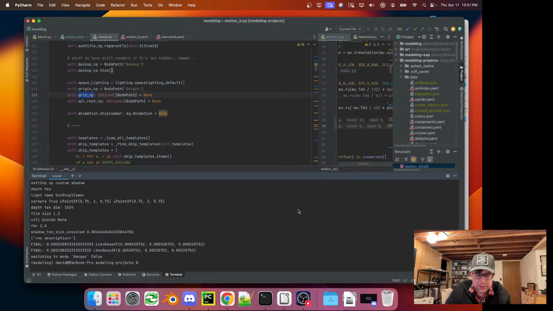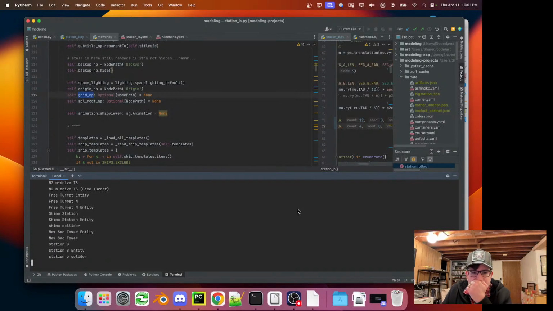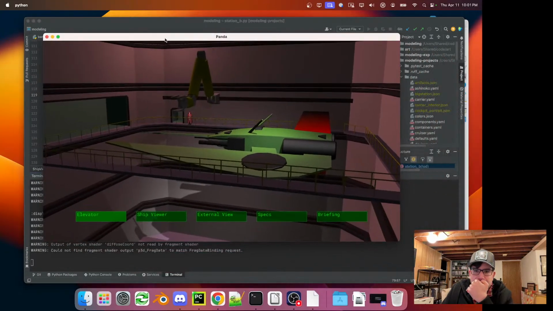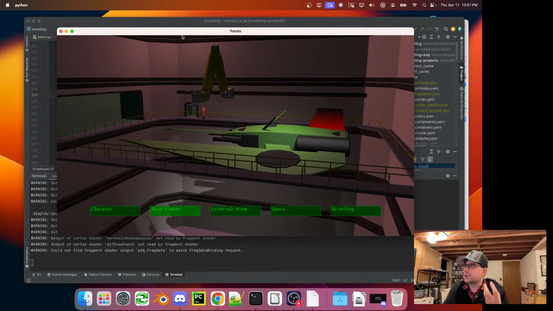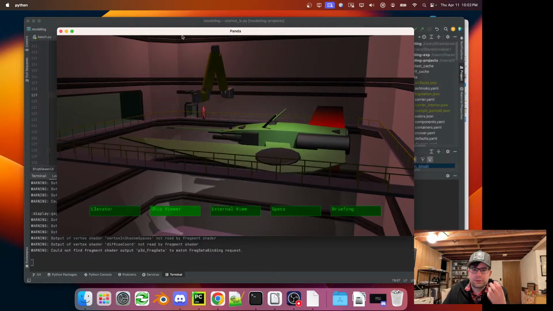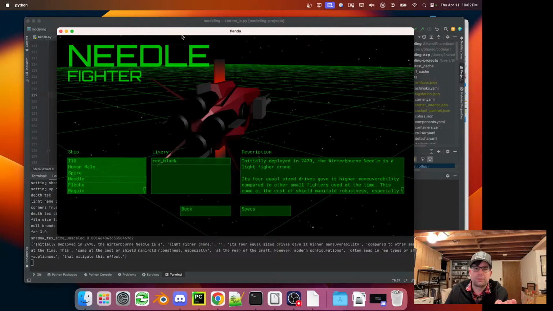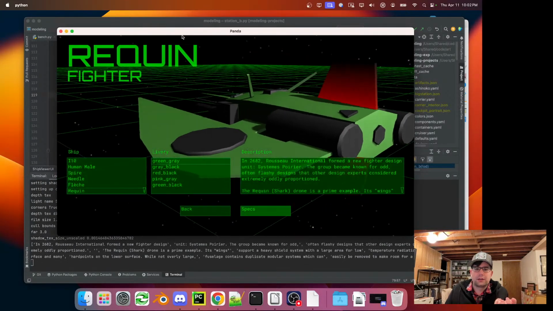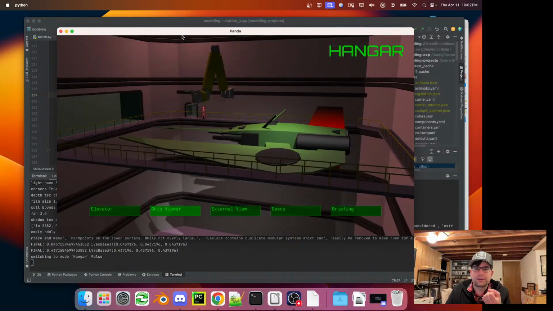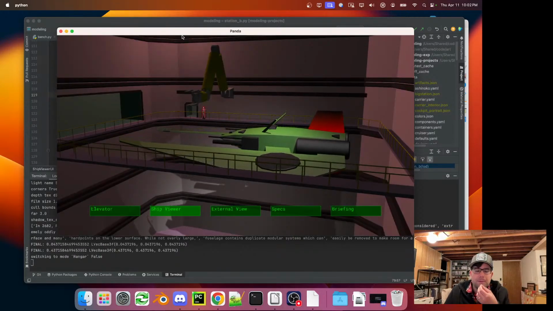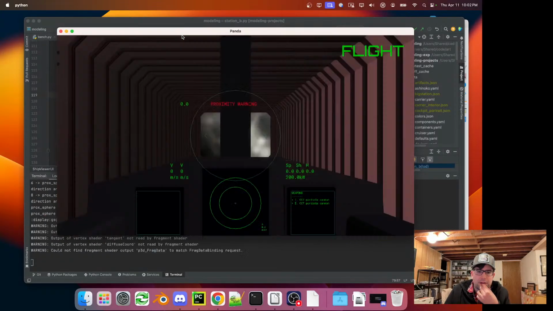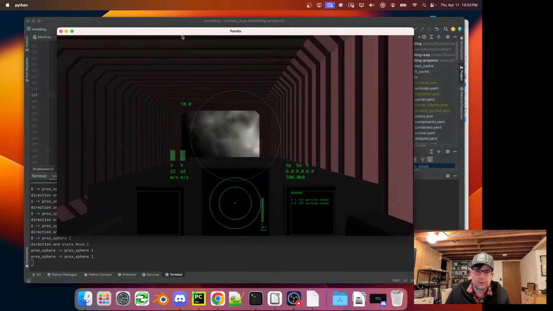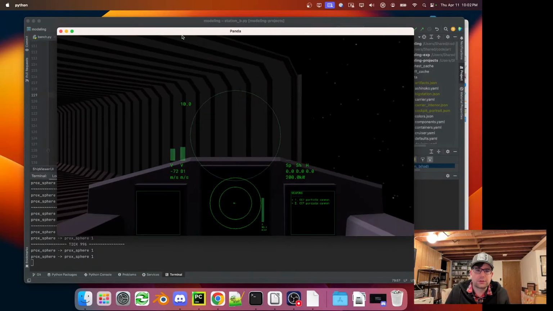So there's that. Now, some of the other stuff that I was talking about. First of all, talking about that scene graph for the ship viewer, you can go into ship viewer mode from the rest of the game and go back. That's kind of an important capability, right? And then if we just do a free flight here, there might be a little bit of weirdness here with the floating origin,